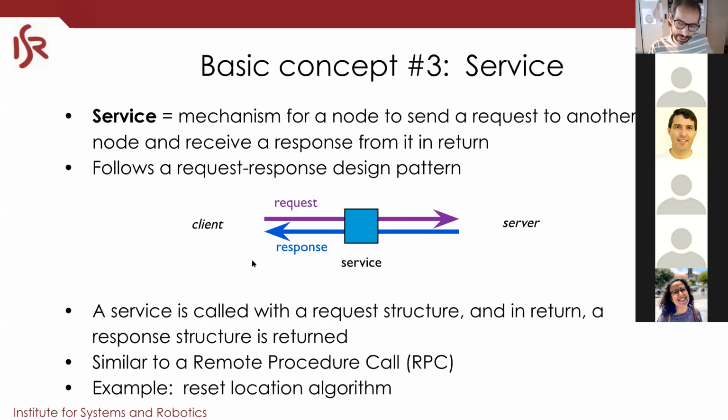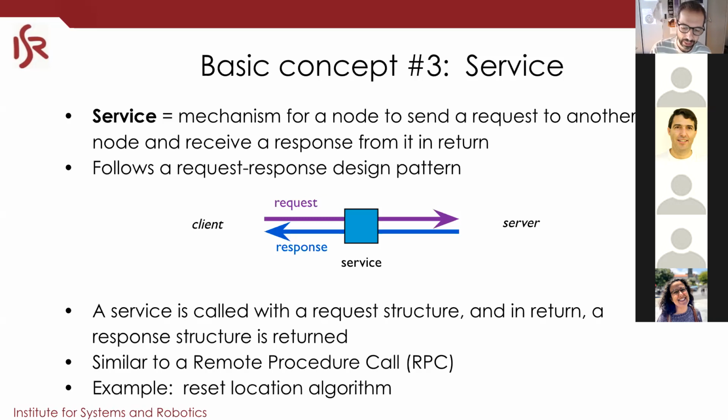Now the big question is, what is the difference between topics and services? One difference is that in topics, data just flows from one point to the other, while with services you call something and you get something in response. Typically everything that has to do with streams of data, like camera images, laser data, commands to motors, are situations where you are just streaming data, and you should definitely use a topic. Topics are very efficient.